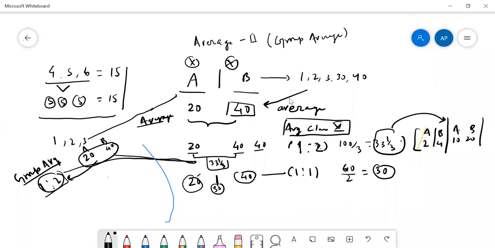And if you have increased the number of group B students, like 40 here, 2 times 40, the average has shifted towards 40. So similarly, you can just guess that if I increase,